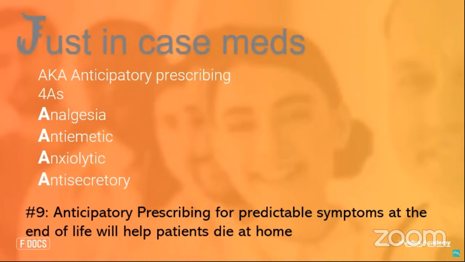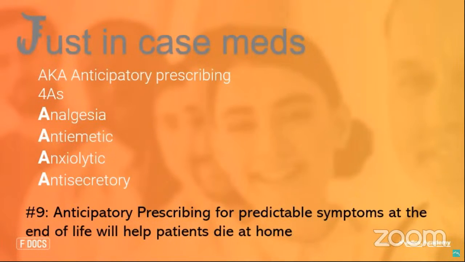We know there are certain symptoms that are quite prevalent in the last hours and days of somebody's life. So agitation, for example, and respiratory secretions, or what's sometimes referred to as death rattle, can be very common in the final hours. As high as 80–90% of patients might get some agitation or secretions in the last hours. And what you don't want in the community is for the family members to be rushing around trying to find a pharmacist open and to get these medications in those final hours.